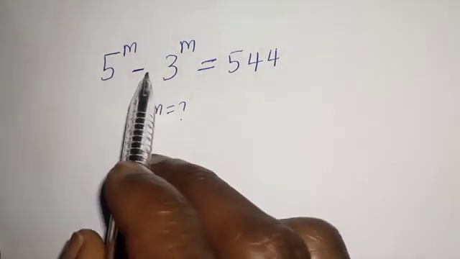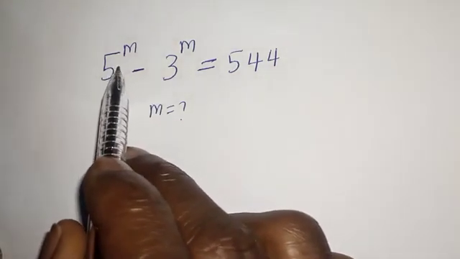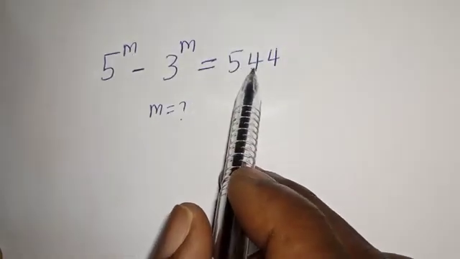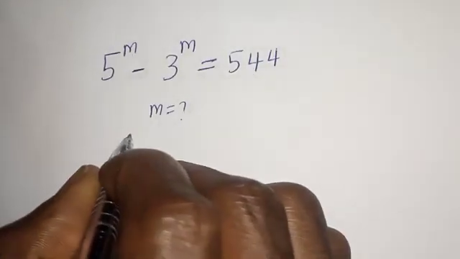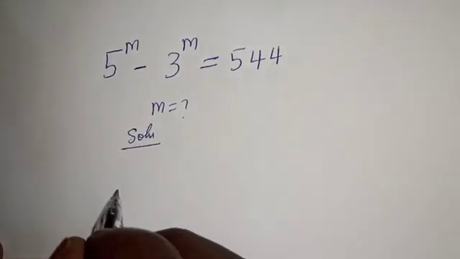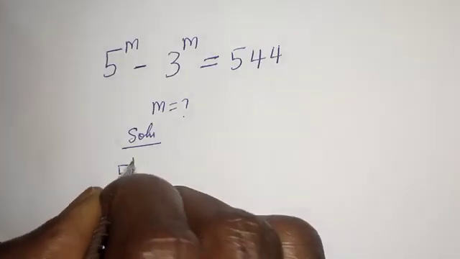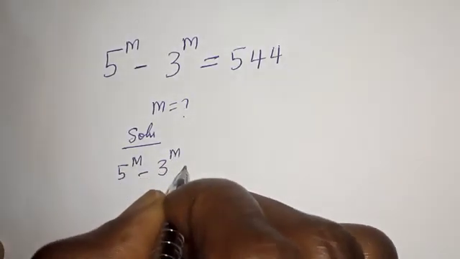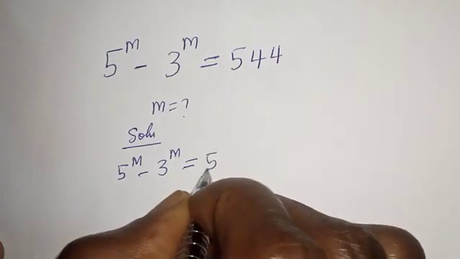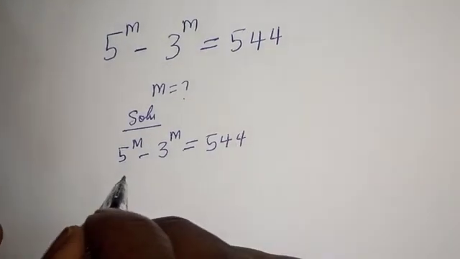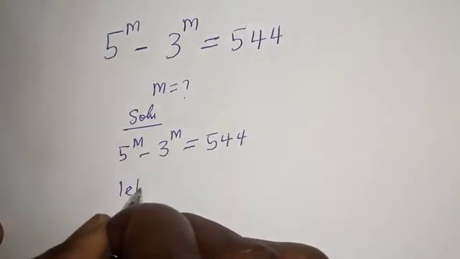Hello, how to solve for m from this nice Math Olympiad problem. 5 raised to power m minus 3 raised to power m is equal to 544. Solution. 5 raised to power m minus 3 raised to power m is equal to 544. Then from here, let